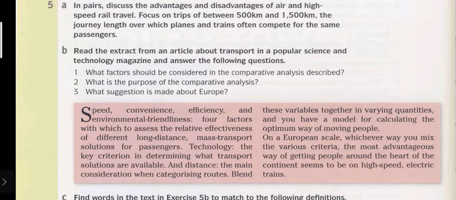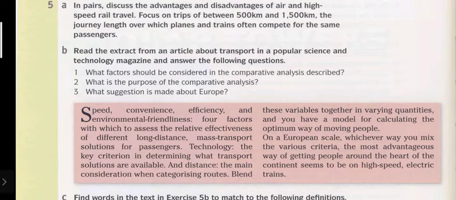And the key criterion here means the thing that we rely on when we want to evaluate something. المنهجية اللي احنا بنتبعها لما نيجي نحدد حاجة. And of course the distance. What is the distance? Like we said in 5A, that from 500 kilometers to 1500 kilometers it is best to use trains. يبقى المسافة هي اللي بتحدد بقى. لو كانت المسافة طويلة هنختار ايه؟ لو كانت المسافة قصيرة هنختار ايه؟